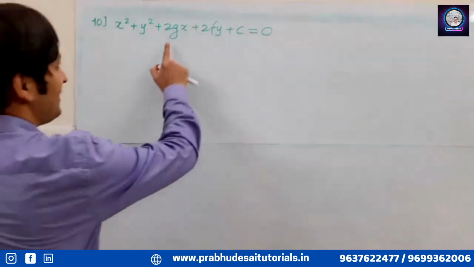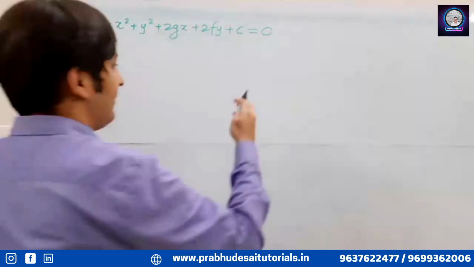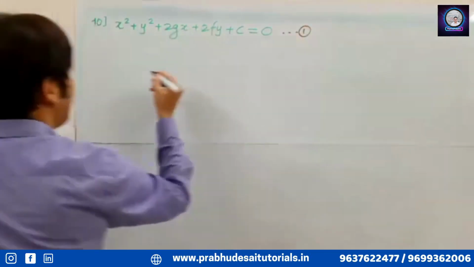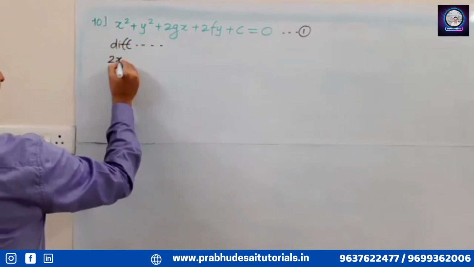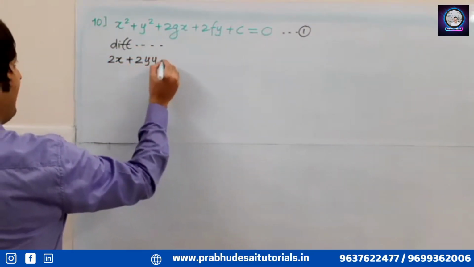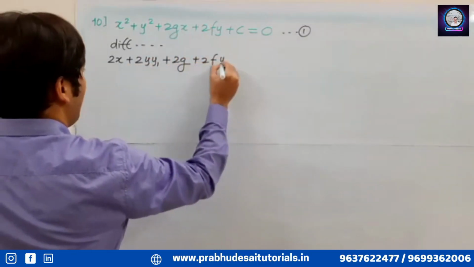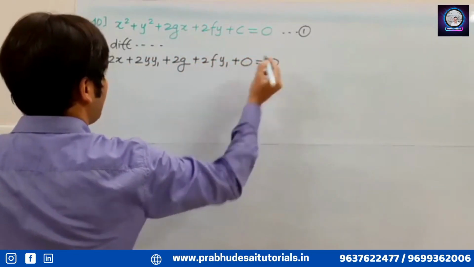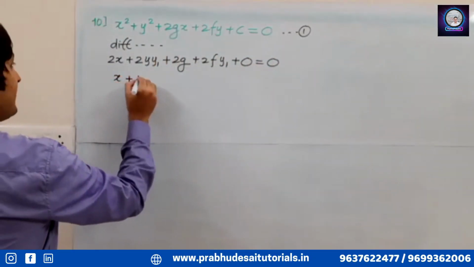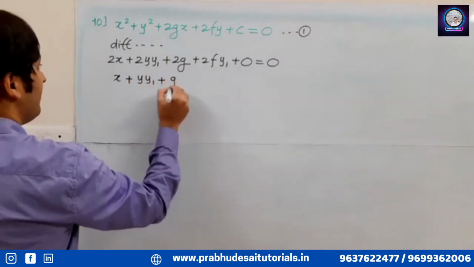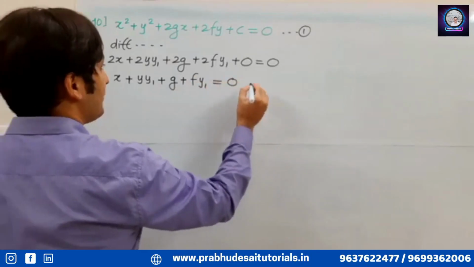Okay, so how many constants? 3 constants, g, f and c. So differentiation thrice. I will call this number 1. Okay, differentiating with respect to x: 2x, 2y, y1, 2g, derivative of x is 1, 2f, derivative of y is y1, derivative of c is 0, is equal to 0. I will cancel 2 throughout. So what I am going to get is x plus y y1 plus g plus f y1 is equal to 0,